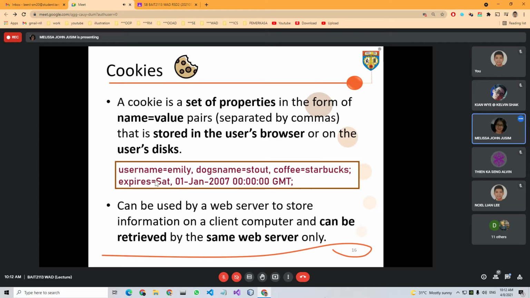Then while she's browsing, if there's any information related to dogs or Starbucks, it will be shown to Emily.